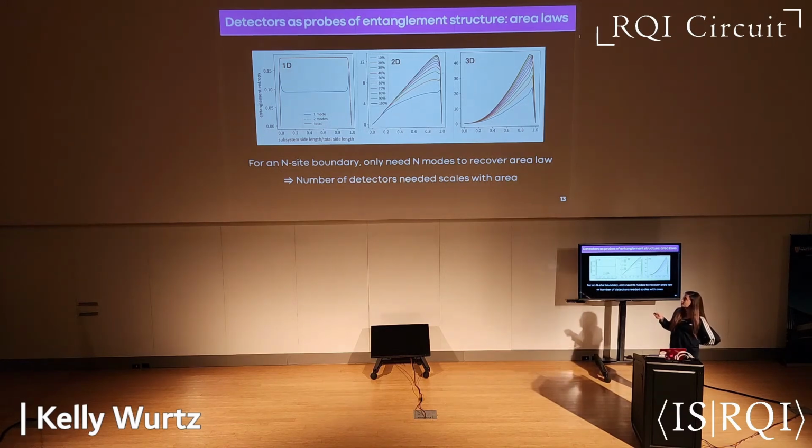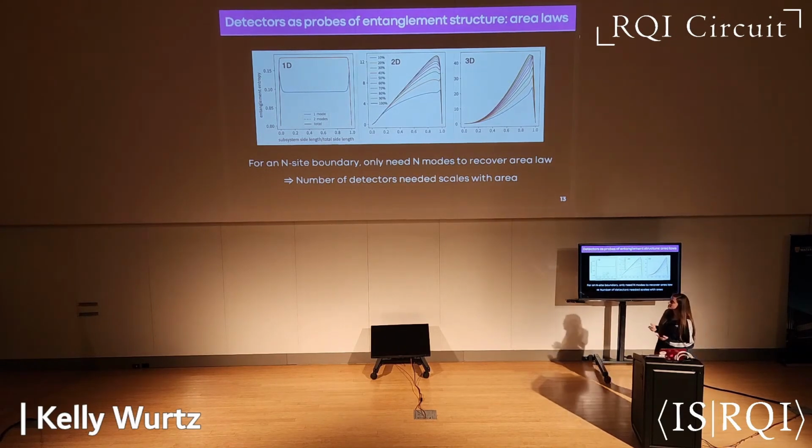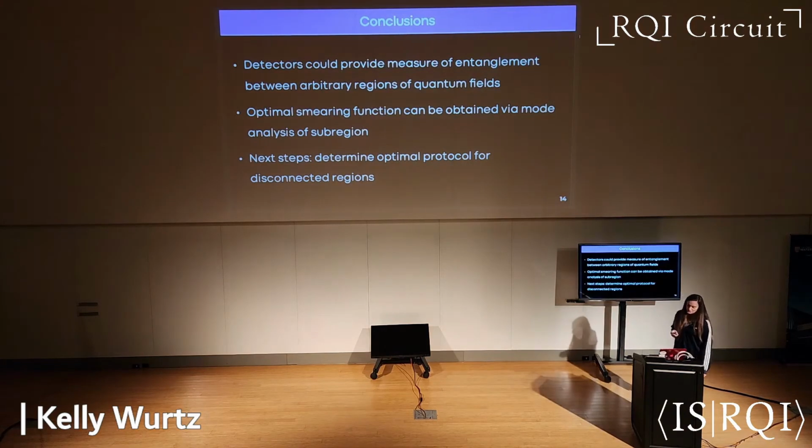In 2 dimensions, we expect the area law, which is more like a perimeter law, to be linear, and in 3D, we expect this to be quadratic, which we indeed see. And so this tells us that the number of detectors we need only scales with the area of the subregion size. And all in all, this has shown us that detectors could provide a measure of the entanglement between arbitrary